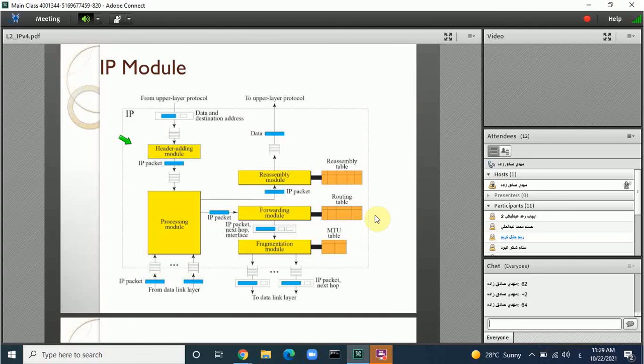Here you can see the IP module receives from the upper layer protocol data and a destination address. This is IP, and we have data from TCP, for example, with data and destination address added. The header adding module adds this header to the data, and it goes to the processing module. The processing module sends the IP packet to the forwarding module. The forwarding module uses the routing table in the router, and